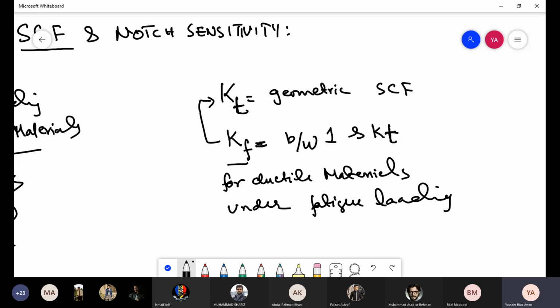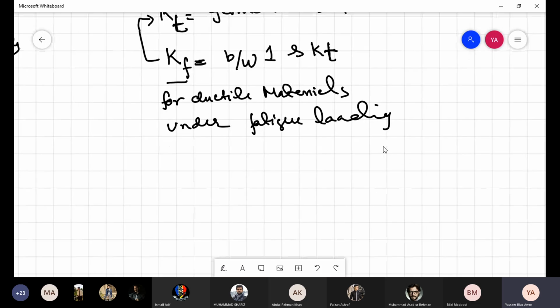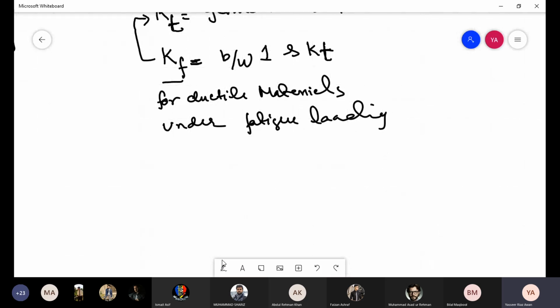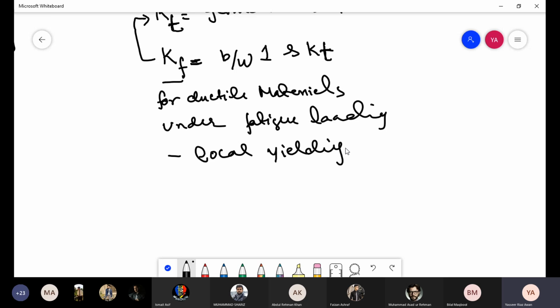So why is there still some reduction from Kt? This reduction is obviously due to the local yielding. Local yielding still has some effect of reducing the stress concentration, but the effect is not as large as it is in static loading. And that local yielding, we generally characterize it